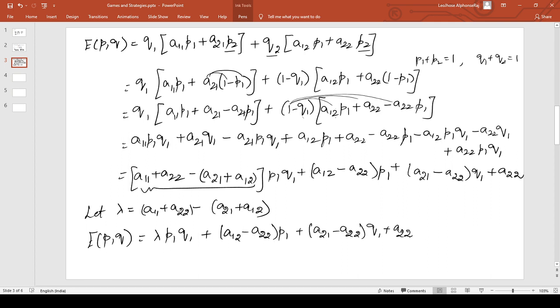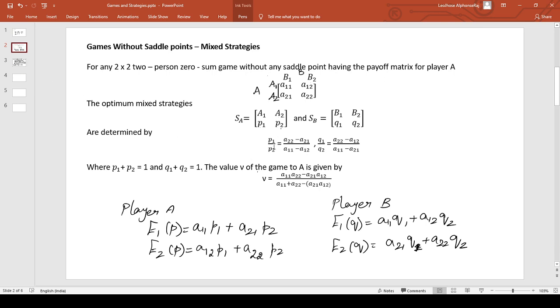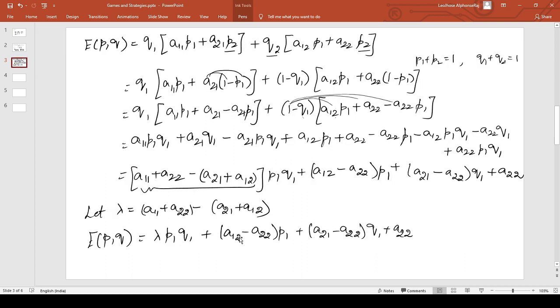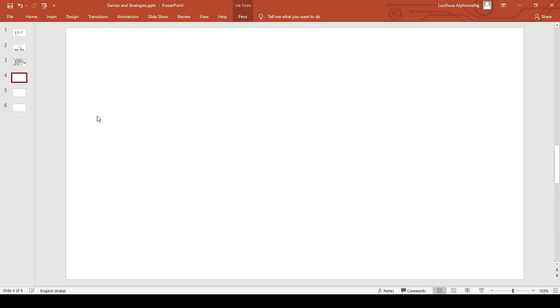So this is not going to help in any way to derive these results, where my P1 by P2 should be this equation, Q1 by Q2 to be this form, and the value of the game to be this form. So to obtain this, we are going to do some more calculations with this constant term A22, where you are going to multiply and divide by lambda, rearrange the terms, take the common terms outside, and get the values of P1 and Q1 in the form of the above. So let us start with including lambda in the last term.